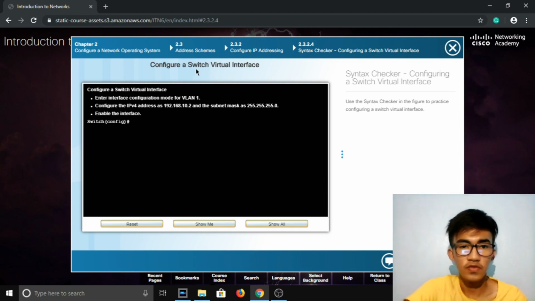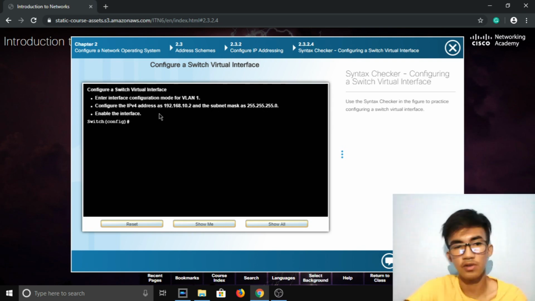Configure a switch virtual interface. Syntax checker, configuring a switch virtual interface. Use the syntax checker in the figure to practice configuring a switch virtual interface. Enter interface configuration mode for VLAN 1. Configure the IP address as 192.168.10.2 and the subnet mask as